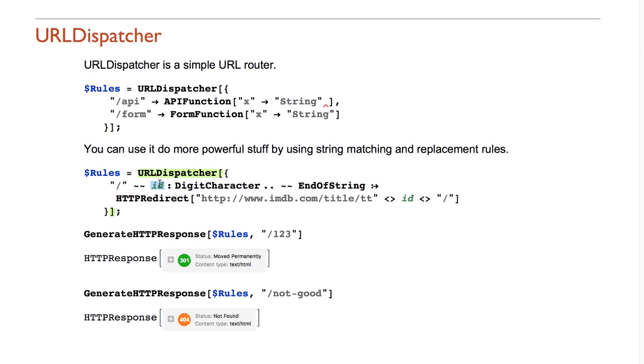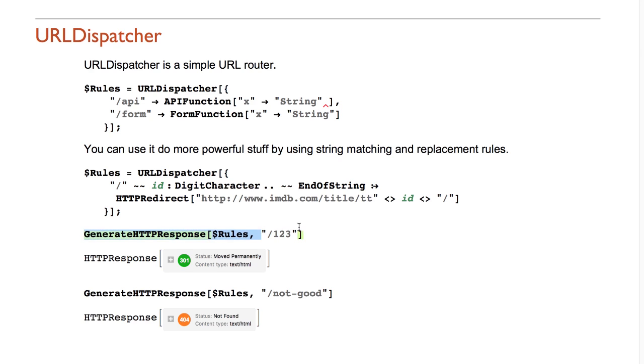So if this is matching, then we are using this part of the string, which we call ID, to redirect the user. In this example, we are doing a redirect to IMDb. So now, if you run generate HTTP response over rules, in the first case, the second argument can directly